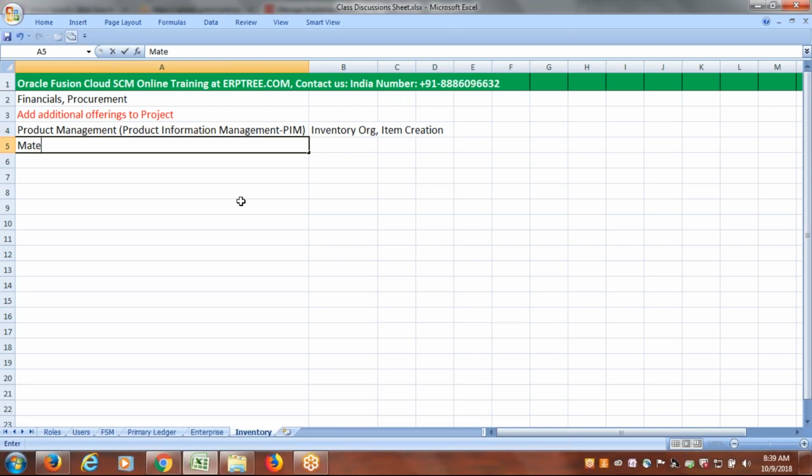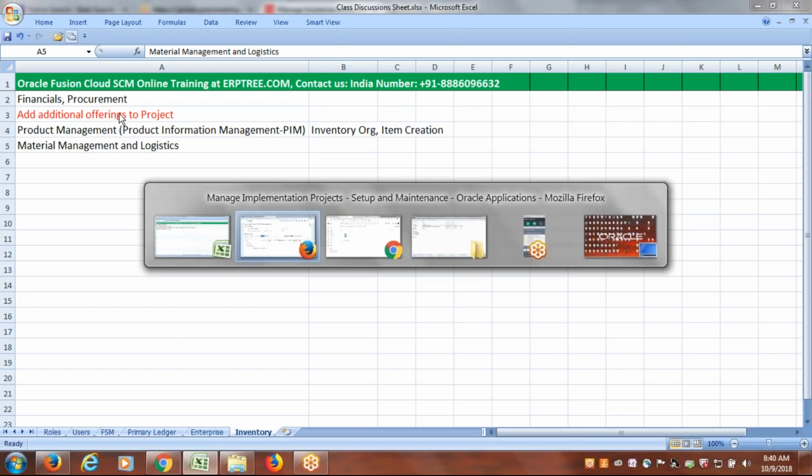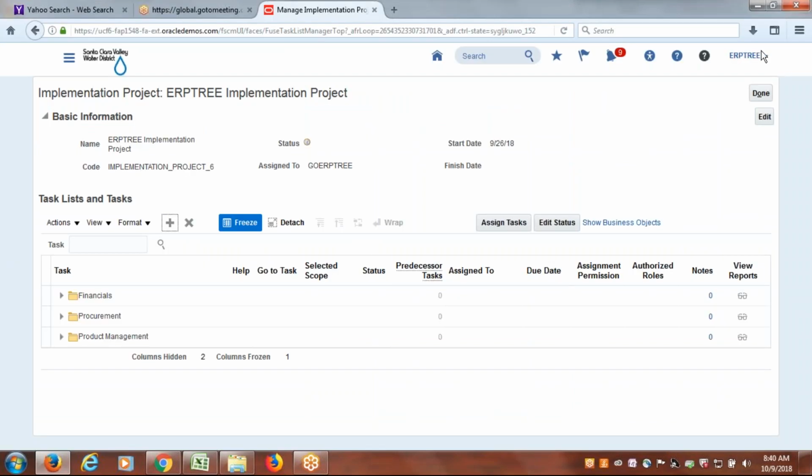So add material management. The name would be material management and logistics. So we have to add the material management and logistics offering to our project. We already added product management. Now we'll go and add the material management and logistics offering to our project. Just click on add,